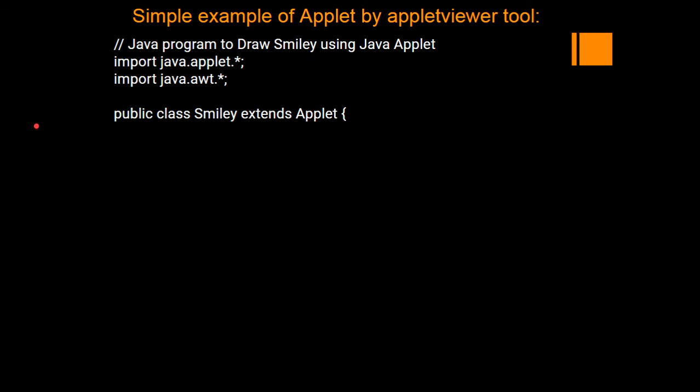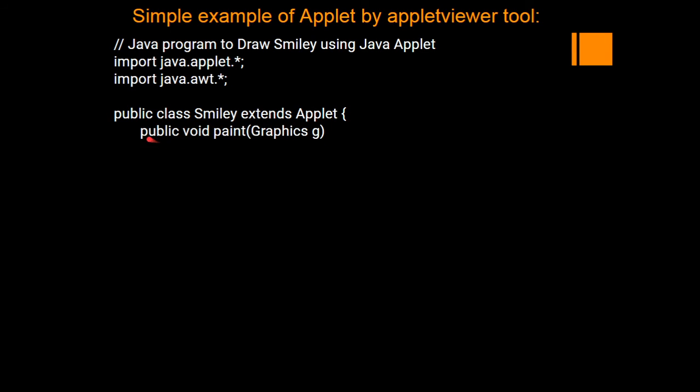Now the program starts with a class, public class smiley. This is the name of the file. Whatever the first class name is, which we are going to use as the main program, that is the name of the file we have to store the program under. So here we have to store the program as smiley.java, and this extends the Applet class because we are using applet programs to draw some pictures using the applet class.